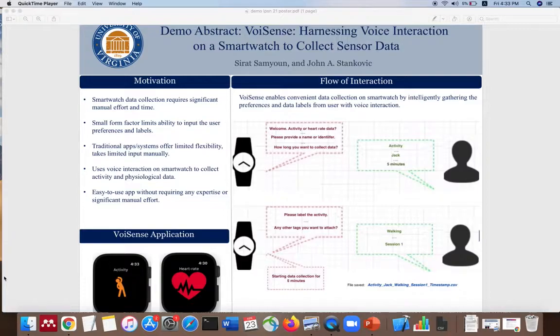Moreover, the small form factor of the smartwatch limits its ability to take any input from the user, including preferences and labels. The existing systems or apps offer limited flexibility and take inputs manually, which is really difficult for the user. To address these challenges, we present VoiSense, a smartwatch-based application that uses voice interaction on a smartwatch to